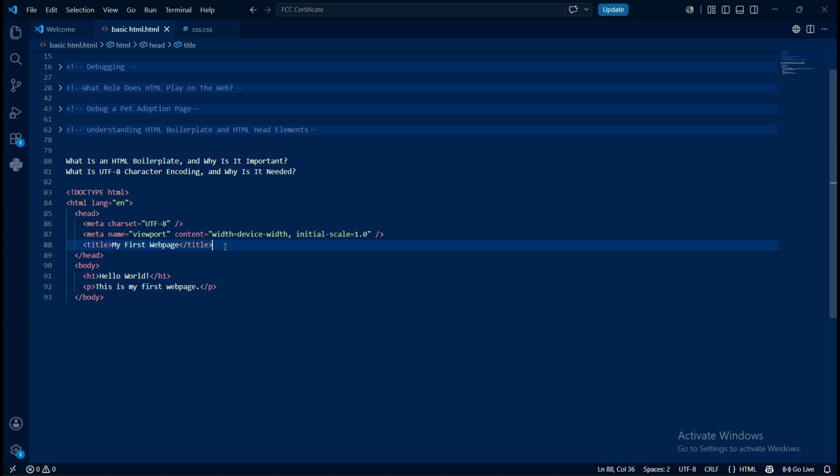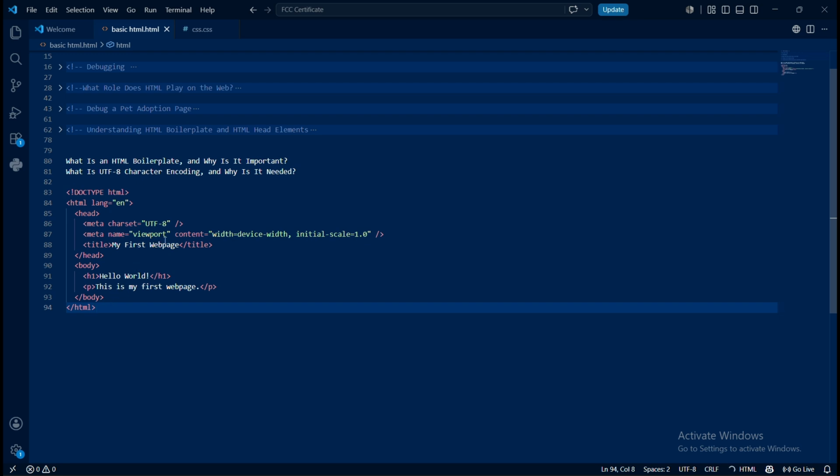And here we have the title. This shows on the title of your browser. If you open your browser, you see the name written around here on your browser tab. And the body contains the contents of your website. So whatever you want to show on your website, you put it here, and then you close this with the HTML tag. This code is not closed, so let's go to the next line and close this with the HTML